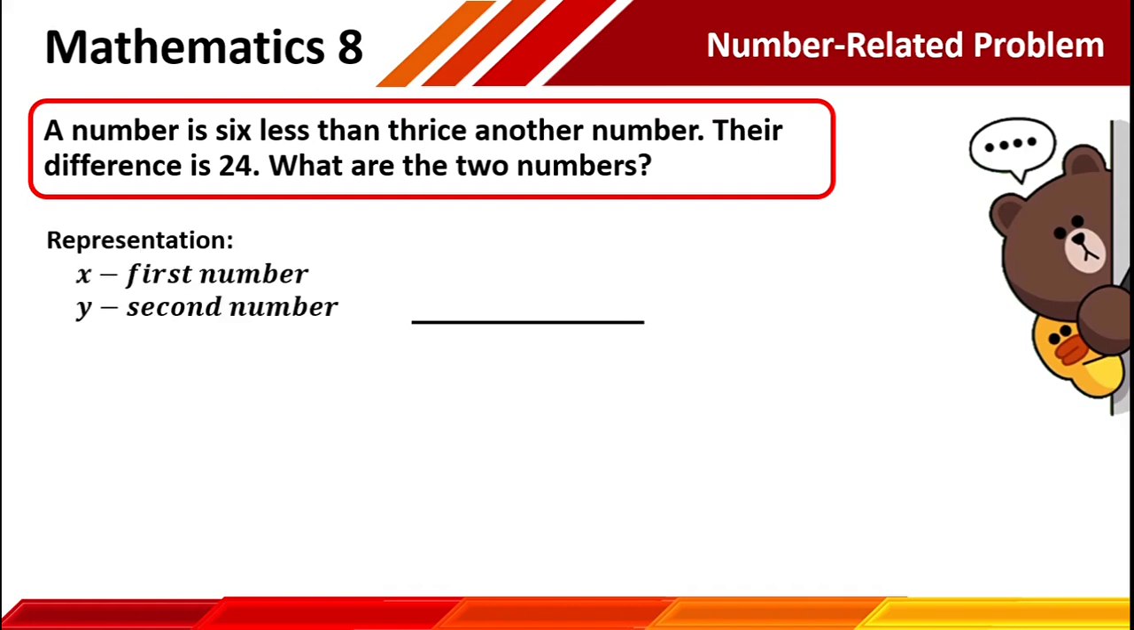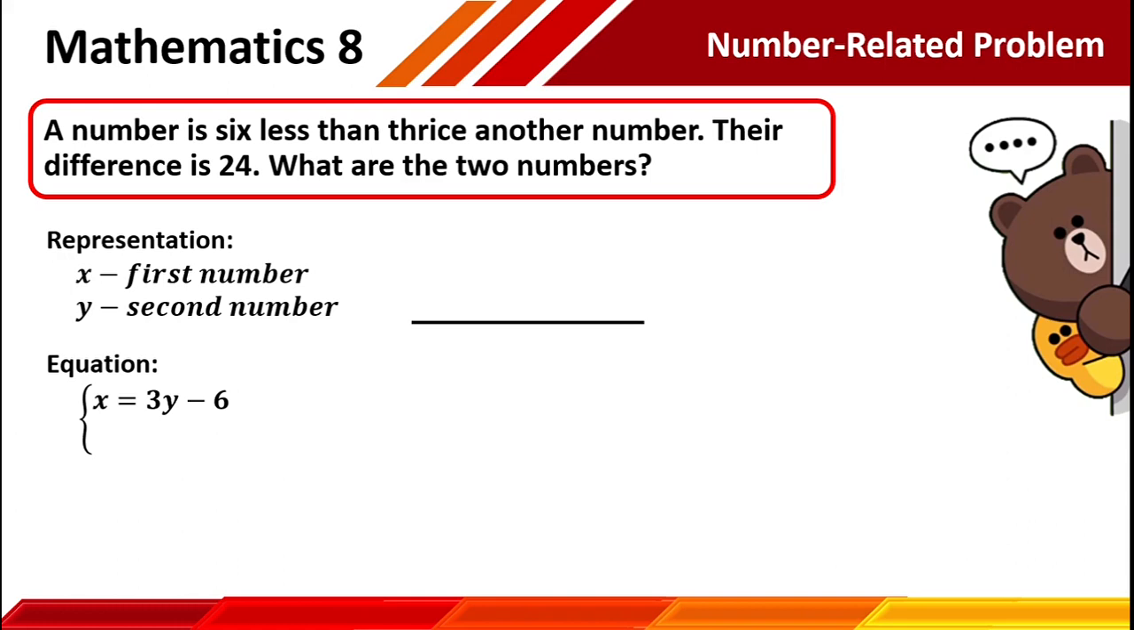So our representation would be x is the first number and y is the second number. For our first equation, we will be using the first sentence of the given problem. So we have x is equal to 3y minus 6. Why do we come up with x is equal to 3y minus 6? Because a number is 6 less than thrice another number. And to create our second equation, we will be using the second